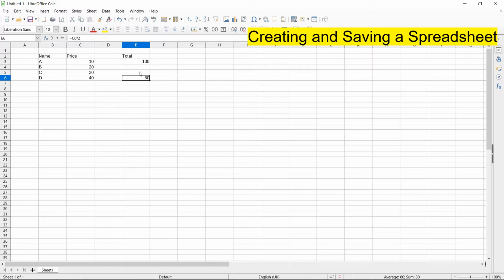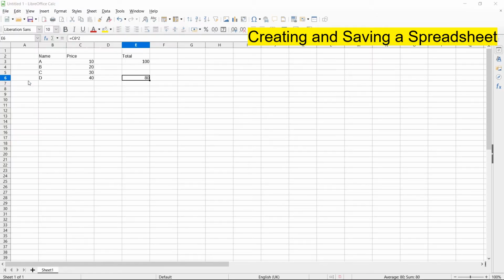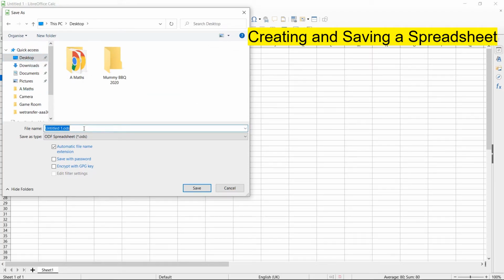They will never have an issue when using the formulas. So now that we've created something, let's go ahead and save it again. We go to File, click Save. Let's choose Desktop again. Let's call this one Test Calc. And from the drop down list here, we're going to do